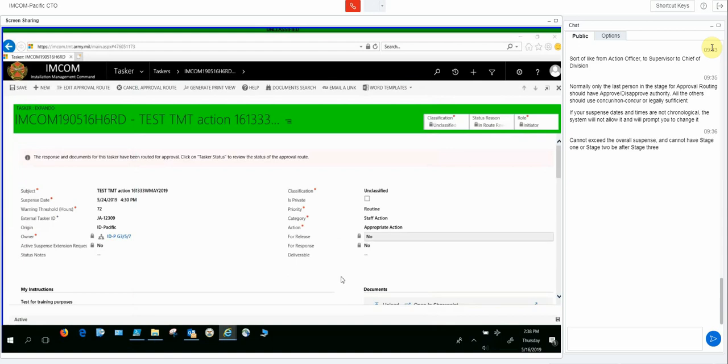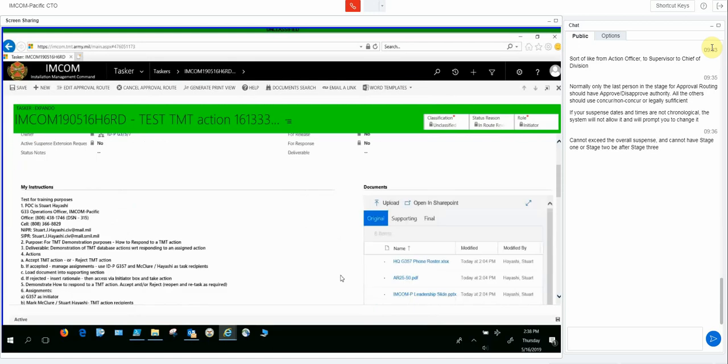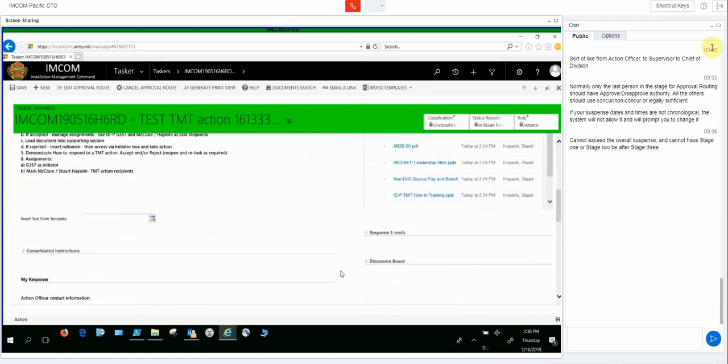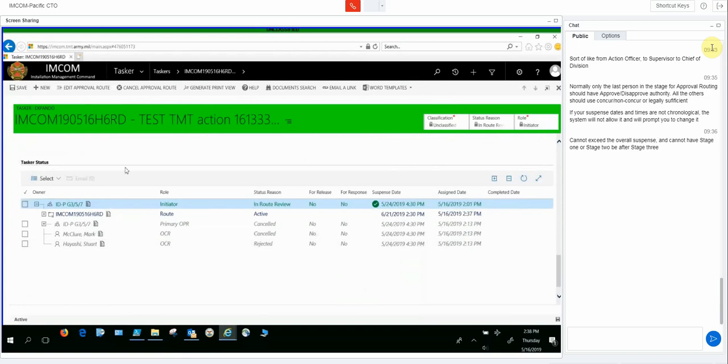And I like this because Mark McClure can't touch it right now because it is sequential. I have the first stage, so until I take action, Mark can't do anything, because he likes to kind of jump ahead. So I'll take you down to this tasker status, and you'll see that there's a new